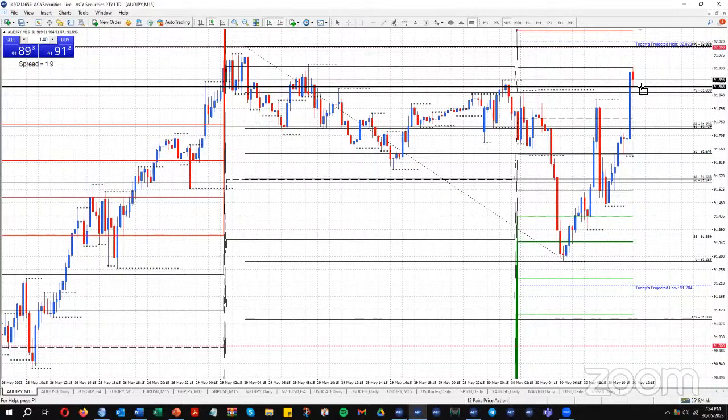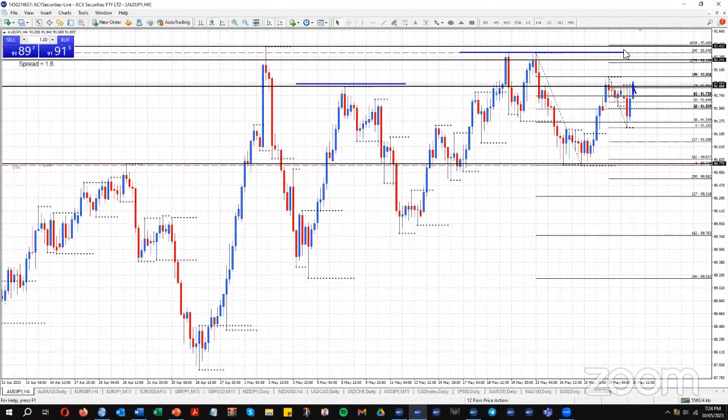I'll just color it in. Do we start to move back below that level? If we do, can you see price move below and put in a lower top at that area, so it becomes resistance once more to move down? We couldn't pop up to 92. It fell there though yesterday, and we got the 79% level up there at the, let me just drop back to the 4-hour,